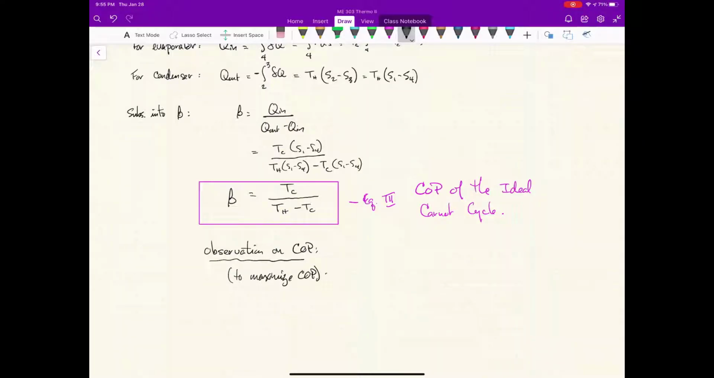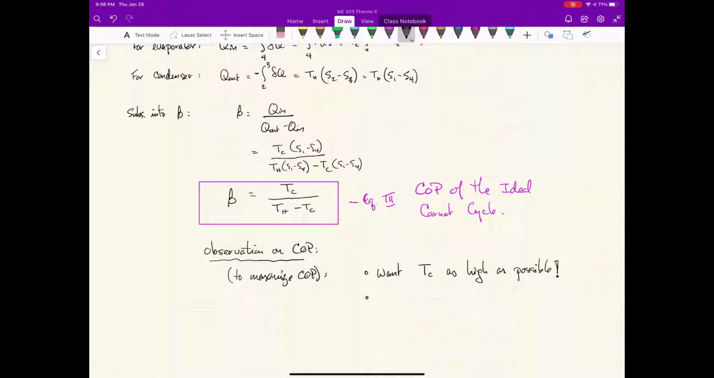maximize COP, is that we want T sub C as high as possible. And I guess from an engineering intuition standpoint, that kind of makes sense, right? The hotter the cold reservoir that we're trying to cool down, the easier it's going to be. So it's not that hard to make a machine that can do that job